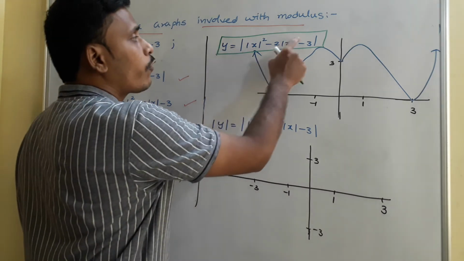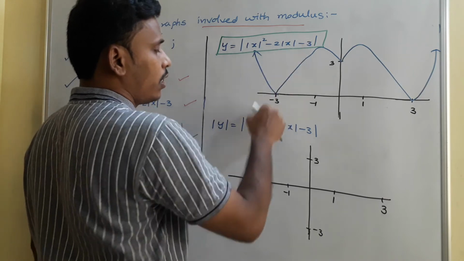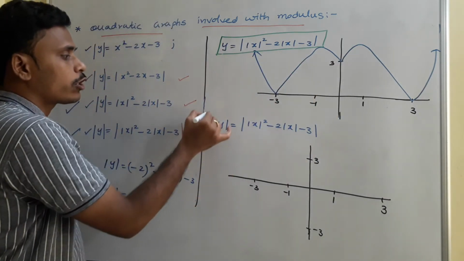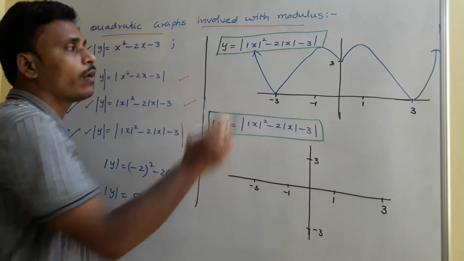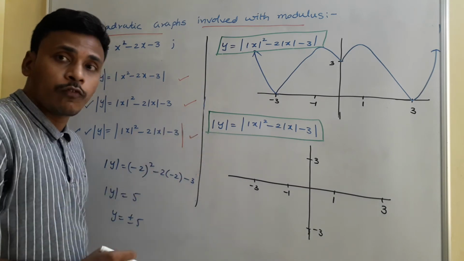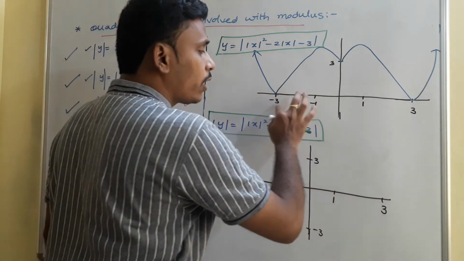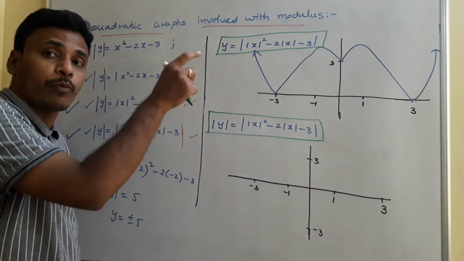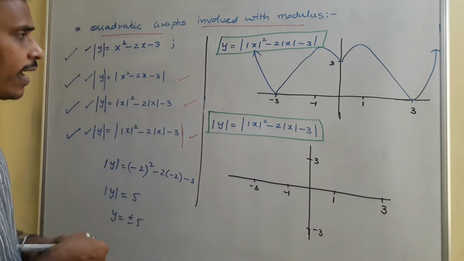Now the graph of y is equal to mod x square minus 2 mod x minus 3 is this one. We are going to sketch by including modulus for y. So this is the new expression and we need to sketch this new graph with the help of the old one. And how to sketch? Since modulus is involved for y, you need to neglect the graph in the negative region. There is no graph in the negative region, nothing is there to neglect. And we need to repeat the graph in the positive region, similarly in negative. So at the end, the graph is simply like this.